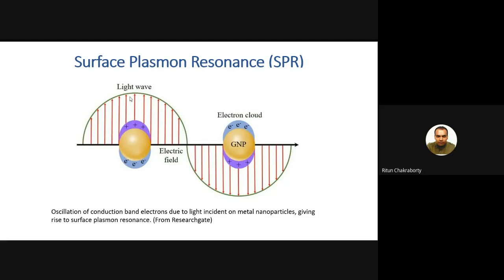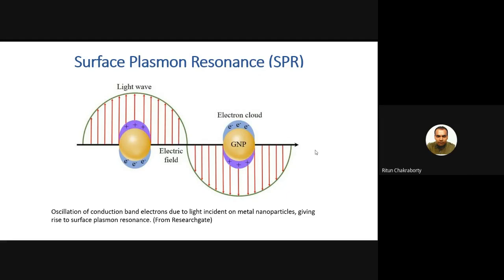We know that the electron is always opposite to the electric field. So if the electric field is in this direction, the electron cloud is in the opposite direction, and here also the electron cloud is in the upper direction and the electric field is like this. This phenomenon also has other implications, like electric field enhancement near the nanoparticle surface, because of this surface plasmon resonance, or because of this Coulombic attraction, and then the